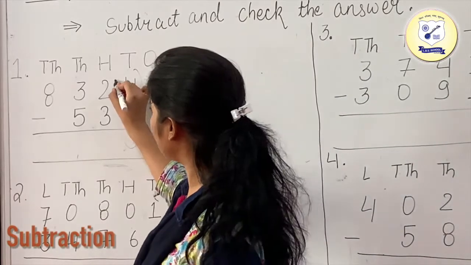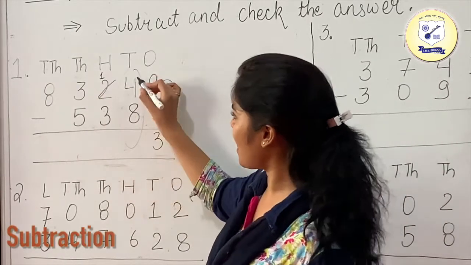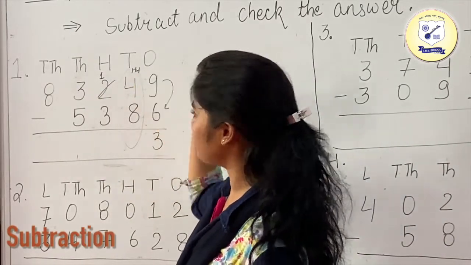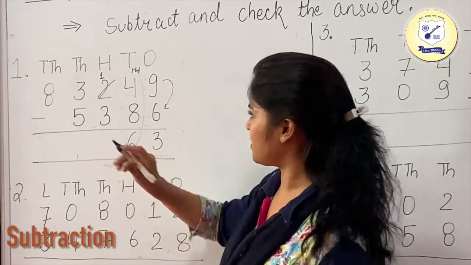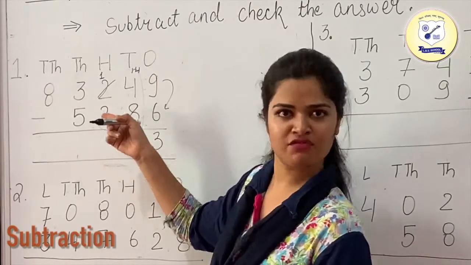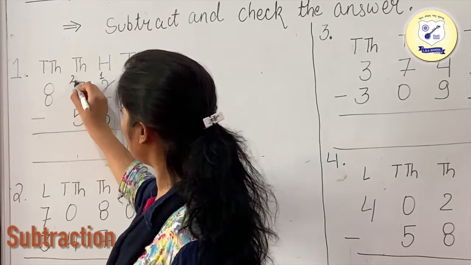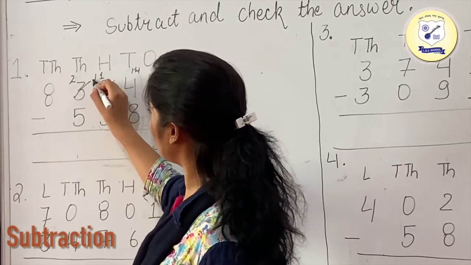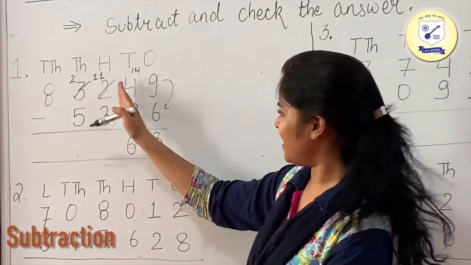For that we will take the carry from the preceding number, which is 2. So this 2 will become 1 and we will put this 1 at the tens place of 4. So this will be 14, and 14 minus 8 would be 6. Again, now this is the larger number, we cannot subtract it from 1. So again we'll do the same thing, we will take carry from 3, this will become 1 and we will put 1 at the tens place of 1. So this will become 11 and 11 minus 3 would be